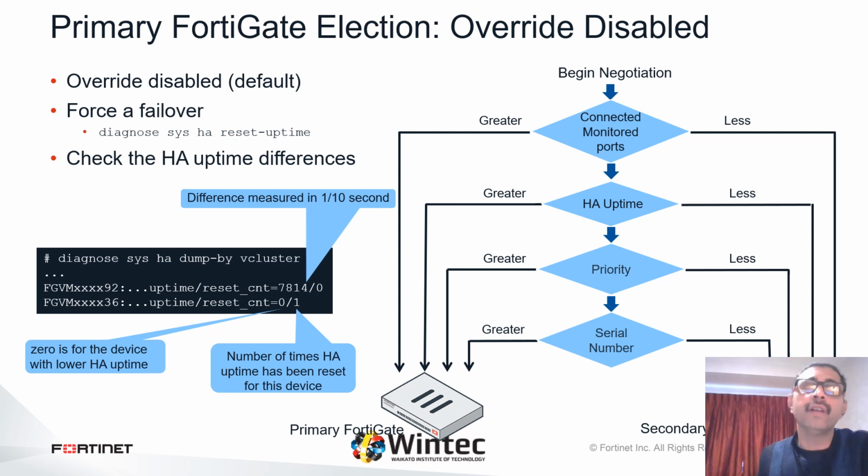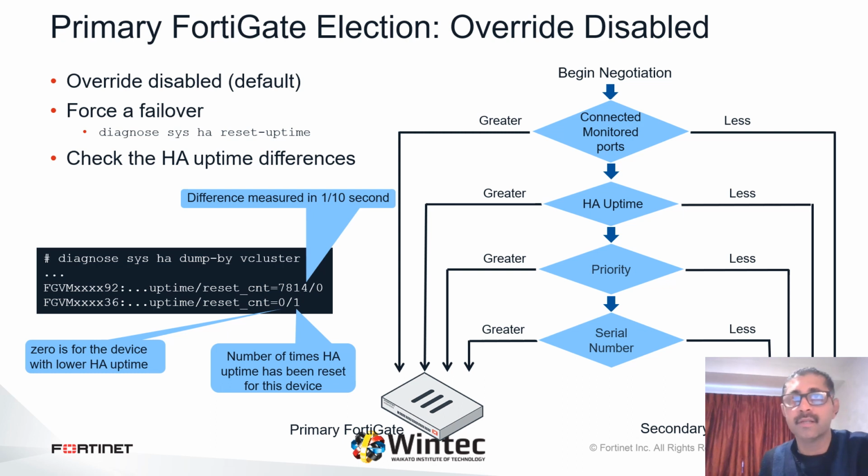Now the process of electing the primary FortiGate depends on an HA setting called the HA, or high availability, override. This slide shows the process and selection criteria that a cluster uses to elect the primary FortiGate when the high availability override setting is disabled, which is the default behavior. You also should note that the selection process stops at the first matching criteria that successfully selects a primary FortiGate